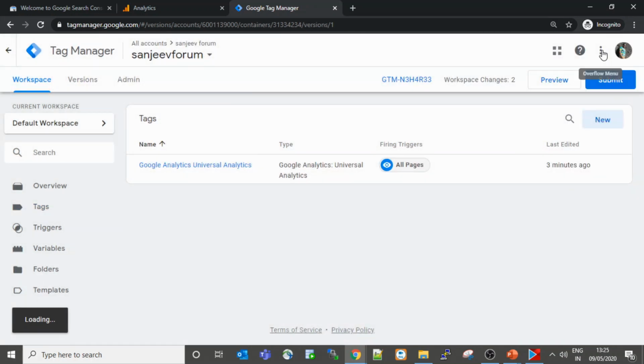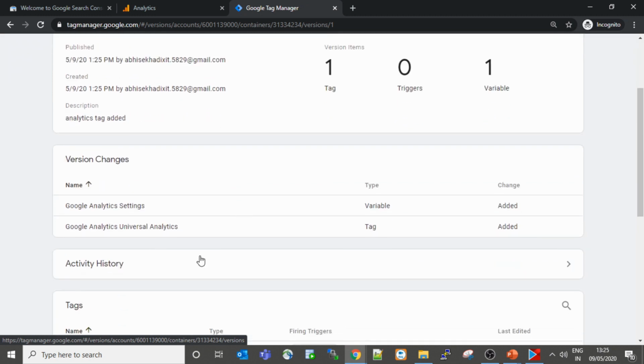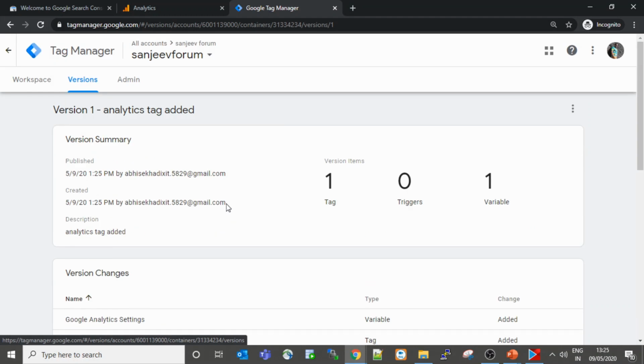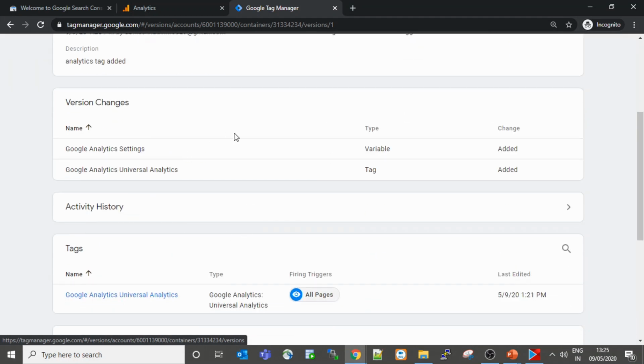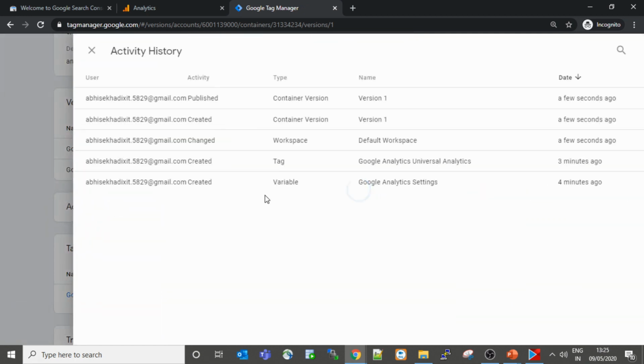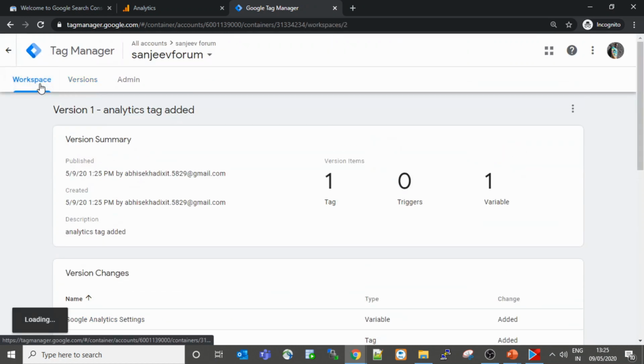Now it is done. You can see this is version 1, analytics tag added. If you want to see the version changes, you can click here on activity history. You will find all the information over here, whatever changes you have made. Now you just go to your workspace.